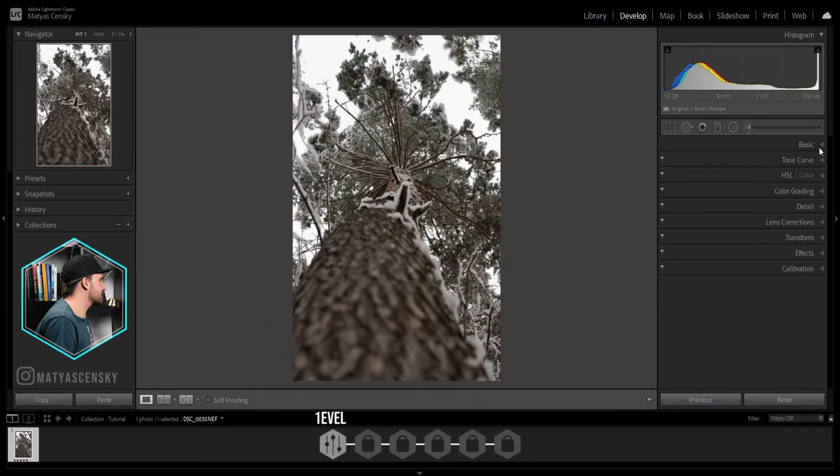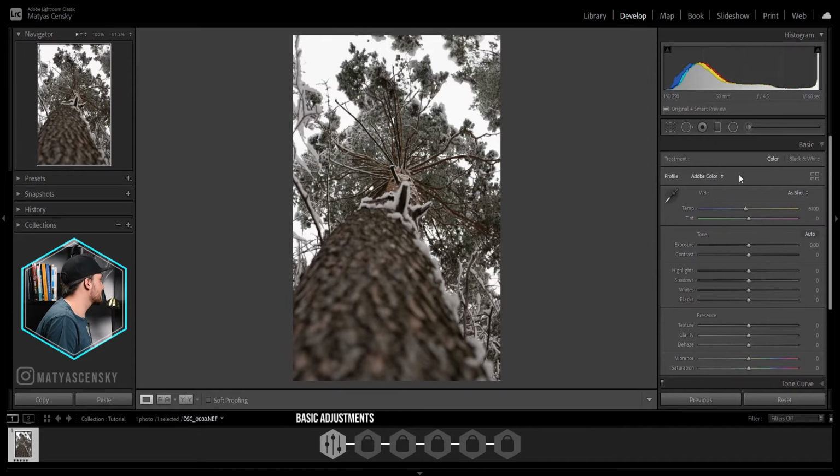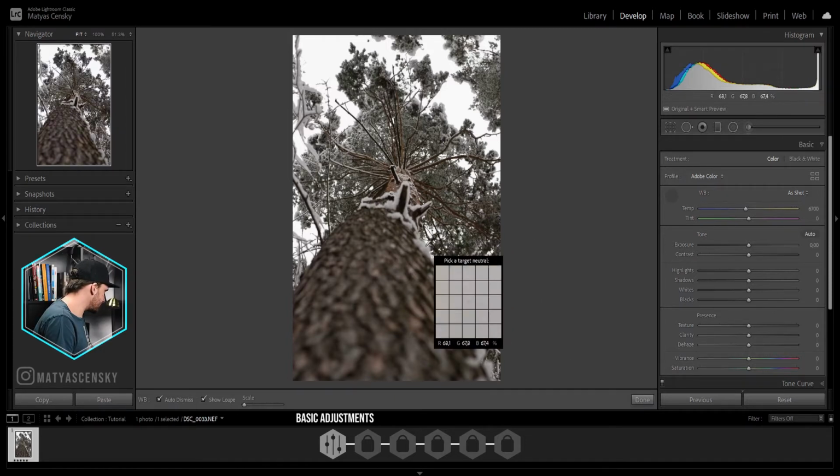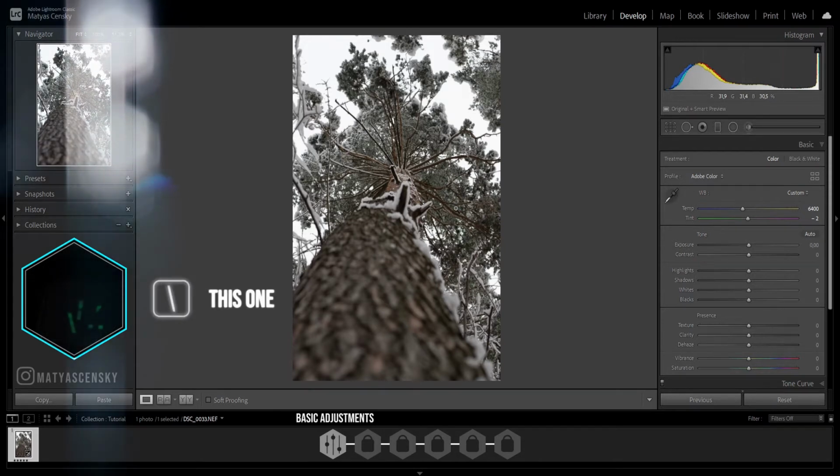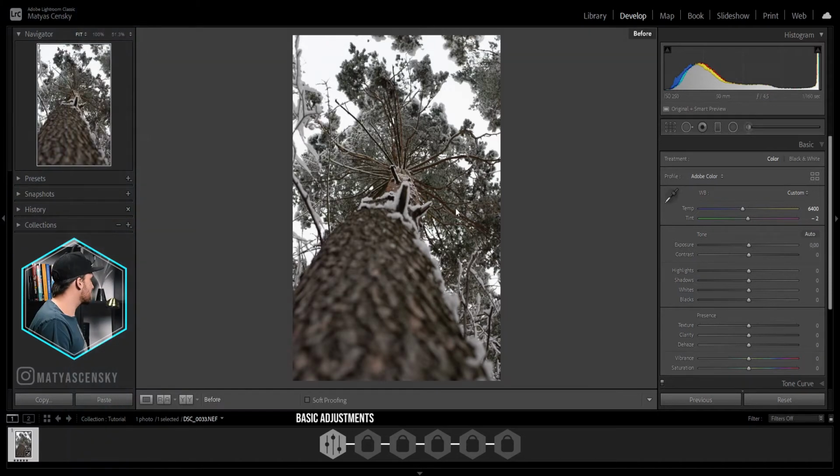So, basic tab, and we will start with the white balance. Now my white balance on my camera was set to auto, and it's usually pretty accurate, but you can never be too sure. So I'll just check here. Now I'm just trying to select some neutral gray area like here. Yeah, that's better. Made it a little colder. You can check by hitting this button next to your enter key, before, after. Slightly colder, and that's fine because that's the look that we're going for.